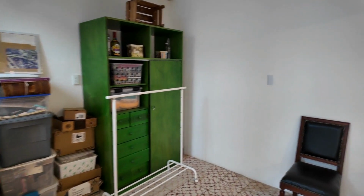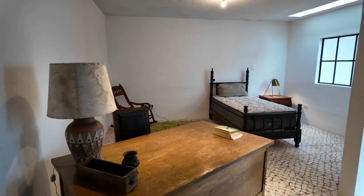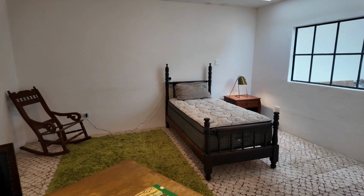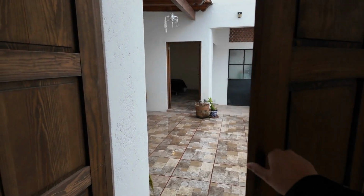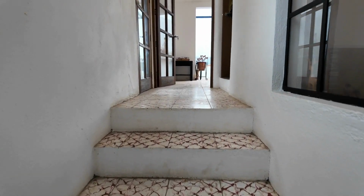It's so nice, right? I mean, even the way it is right now, I'm like, there's some personality here. So this could be a bedroom or a living room, and it is connected since there's a door here. You can close yourself off to everyone else and enjoy this